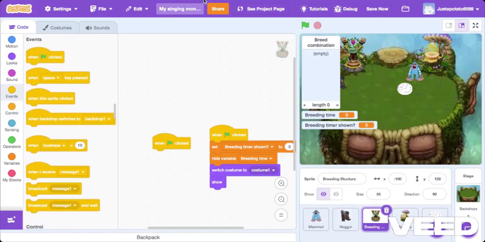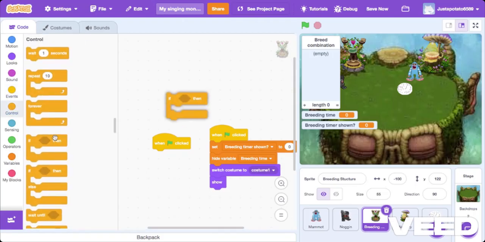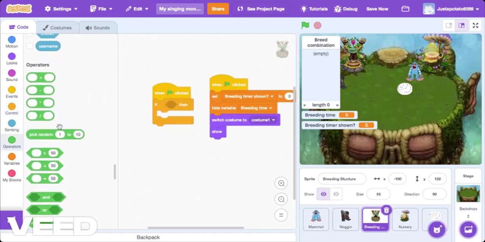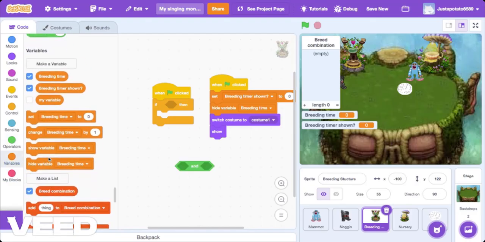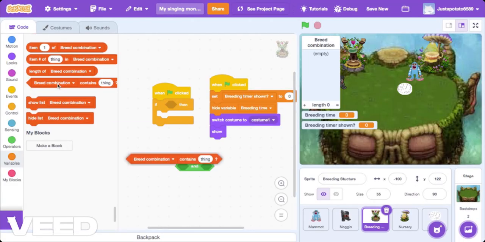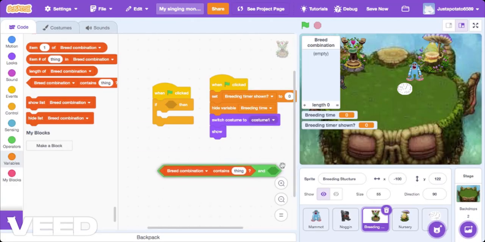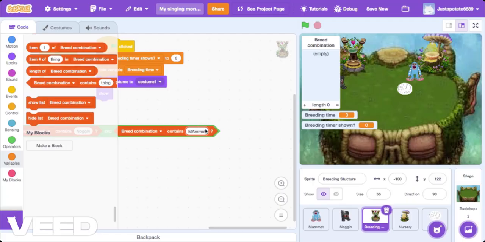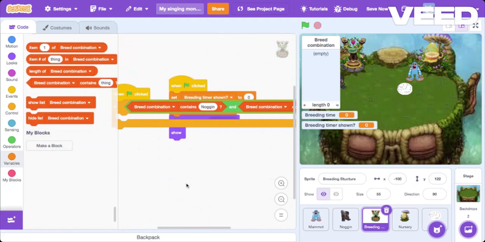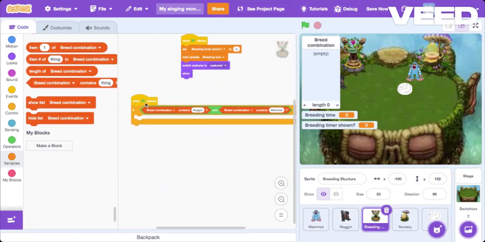Going to when flag clicked. Then we're going to put if and grab an and. Breed combination contains thing. Okay, we're going to duplicate it and put it in the other one. Contains noggin and mammoth. If breed combination contains noggin and mammoth, then